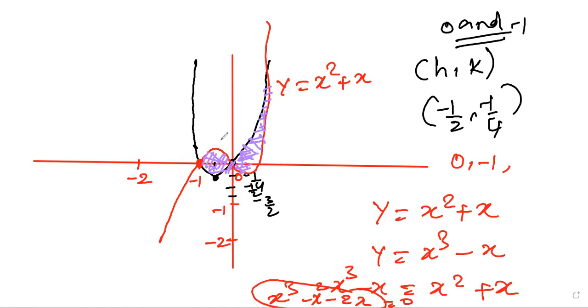Clear? So now we want to integrate this. How? If you are integrating with respect to the x-axis, it's -1 to 0. Okay, you can split them actually. You can split them into two parts, -1 to 0 and 0 to